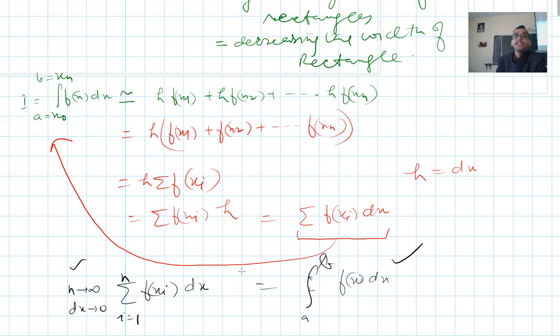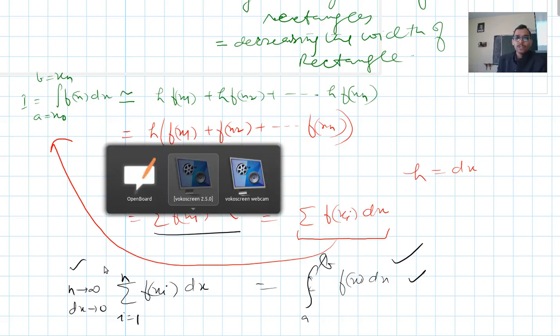n will be infinity, the number of segments or rectangles, and dx approaches 0, meaning the width of the rectangle approaches 0. So this is a very beautiful method. This method, or this formula, is known as the rectangular method. You can use the rectangular method on a computer to do integration, but in this case the error will be more. So how can this be improved? It can be improved by another method, known as the trapezoidal rule. I will talk about the trapezoidal rule in the